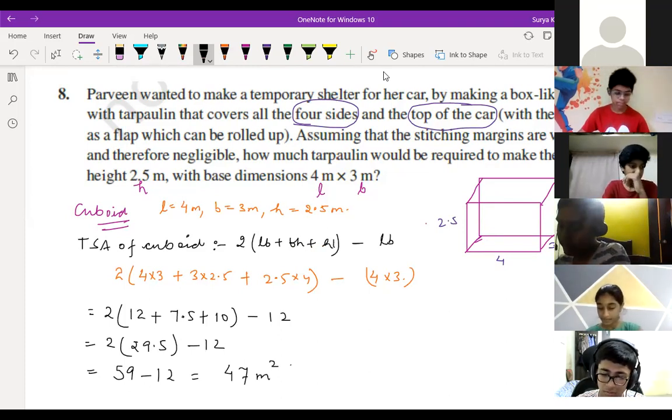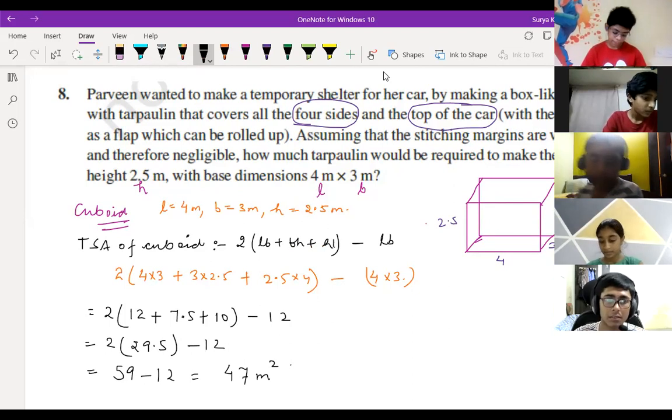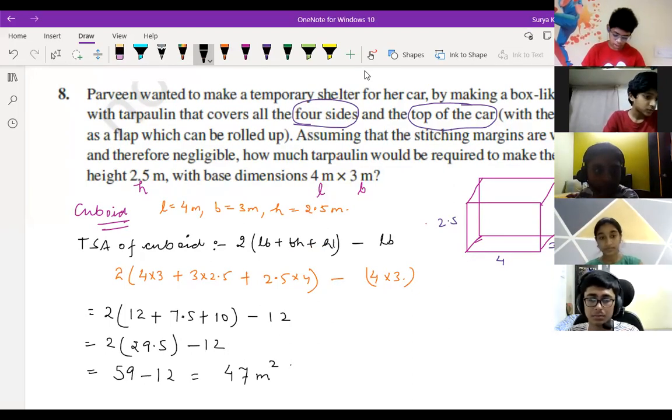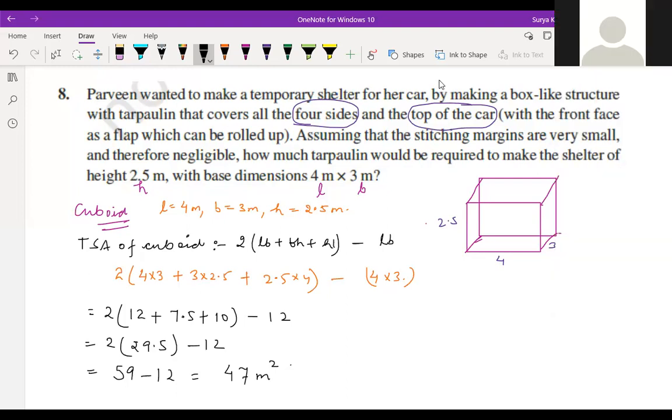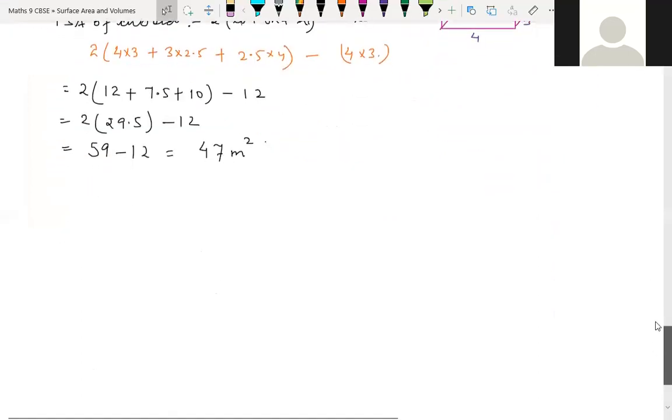Is it clear? Yes, sir. Anyone having doubt, children? Anyone having doubt in this? So the question will look big, but you have to just read the question, find the data from the question and just do that. Okay. All the questions are easier. I think this is the last question of this exercise, I believe. Correct? Or are there any more questions?